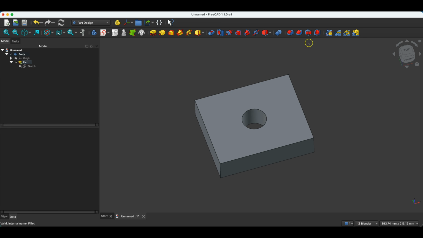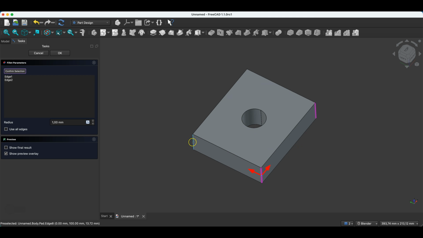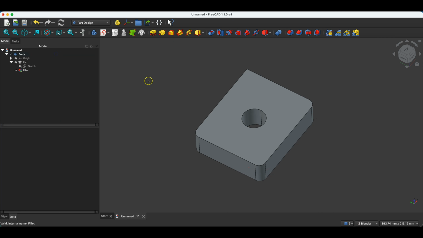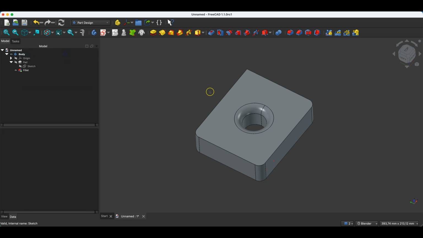And now, like this, I select the fillet operation, and here I indicate the edges I want to fillet. Now, if we select the operation first here, we have the advantage that we can indicate edges simply by clicking the left mouse button on the edges. We don't have to hold a key. Here we specify the radius dimension. Click OK. If you want to edit this operation and, for example, want to add more edges to be filleted, simply go to edit the operation, click the select button, and you can indicate subsequent edges to be filleted. Click confirm selection. OK. And another edge has been added,